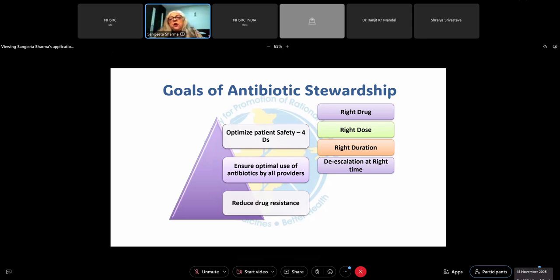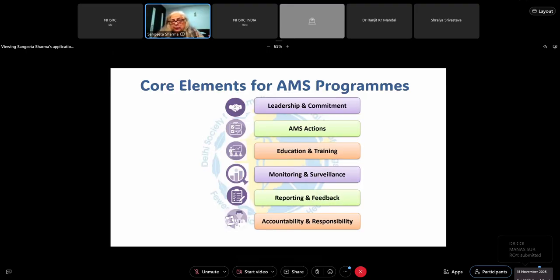So nurses have a role, pharmacists have a role, because they need to provide these medicines uninterruptedly. If the patient is infectious and needs a treatment, then the supply also should be matching, and they can also play a role in coordinating between the clinician, nurses, and the requirements of the patient. They can educate the patients. So each one has a role, and this will be done only if we do the right drug, right dose, for a right duration, and de-escalate at the right time. I'll explain to you about the de-escalation.